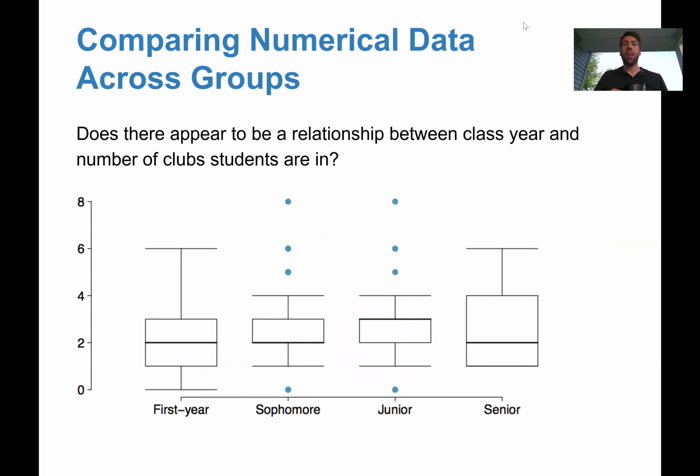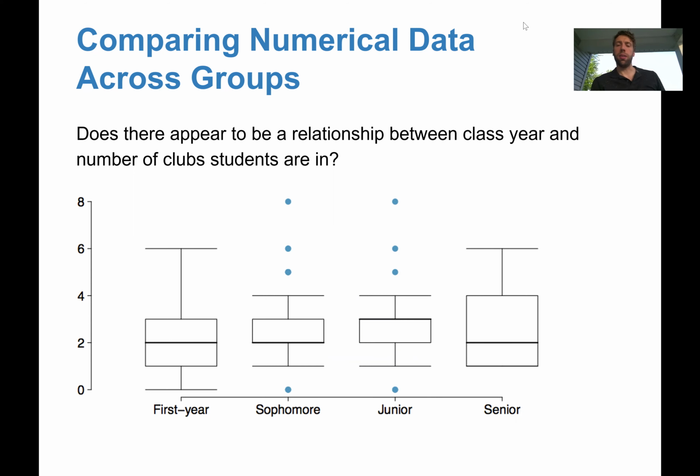All right, comparing numerical data across groups. All right, does there appear to be a relationship between the class year and the number of clubs students are in? So here we have first years, sophomores, juniors, and seniors. And it seems like our sample size is small. And I can tell that just by the,